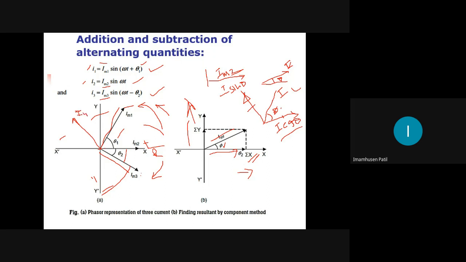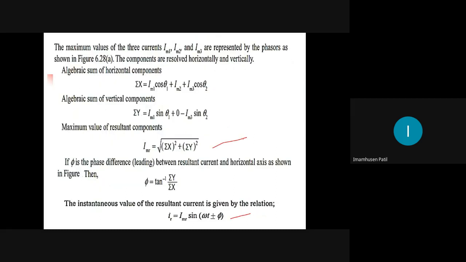This is IM3. Whichever the negative quantity is there, you have to draw it in the opposite quadrant, with a 180-degree phase difference. Then that will become positive, then you can add and follow these rules. This is the rule for the addition of the phasors. Whenever negative vectors are there, you have to draw them with a 180-degree phase shift. Then it will become opposite.